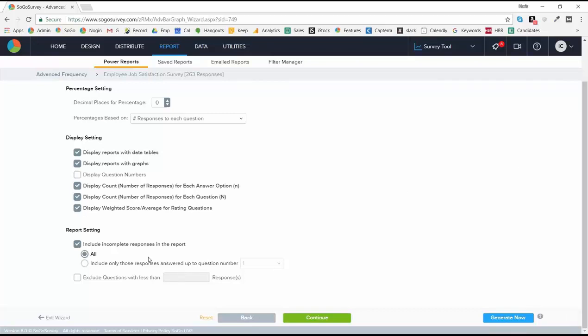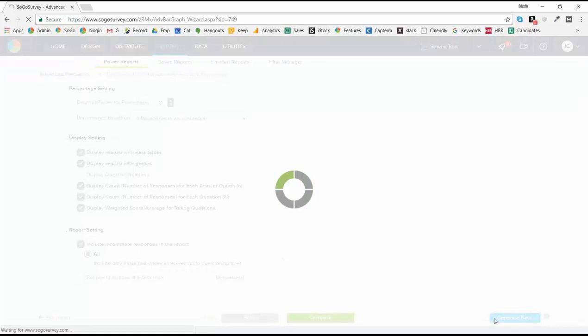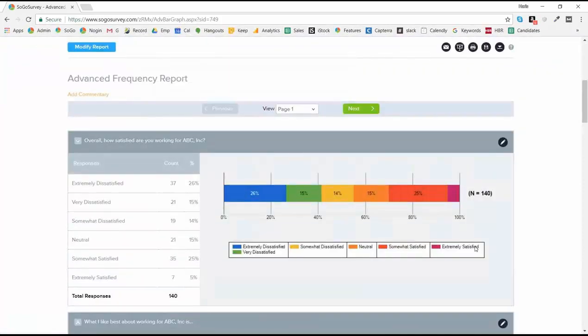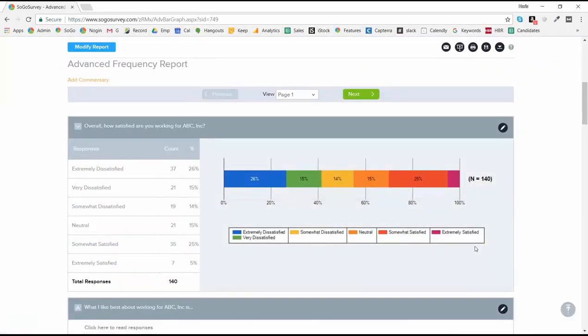And then include, again, same thing, incomplete responses if you want to. I will say go ahead and include that and generate the report. So here it is. Now what you're looking at is a stacked bar graph, but as you can see, it's one clean, quick overview